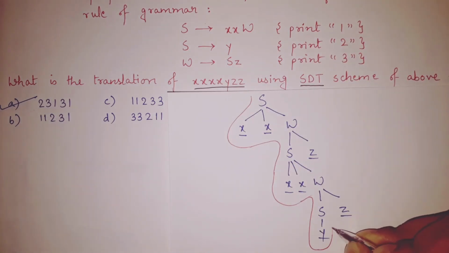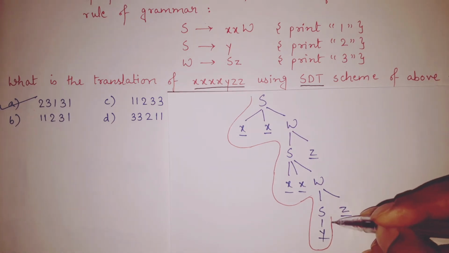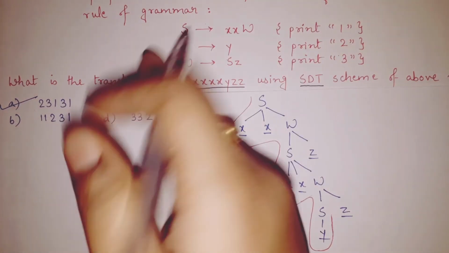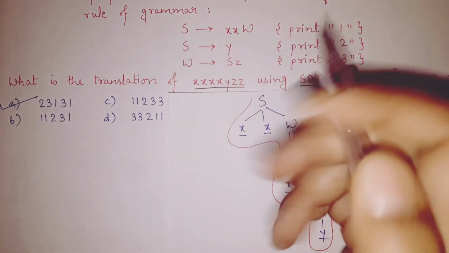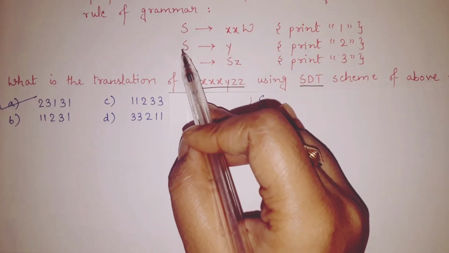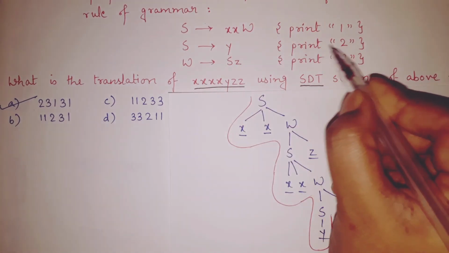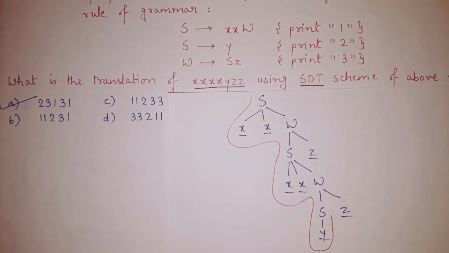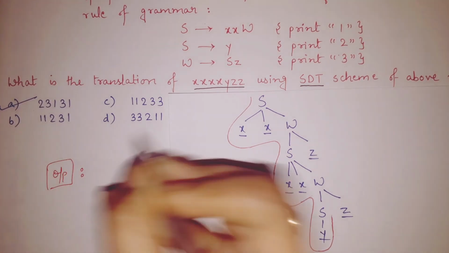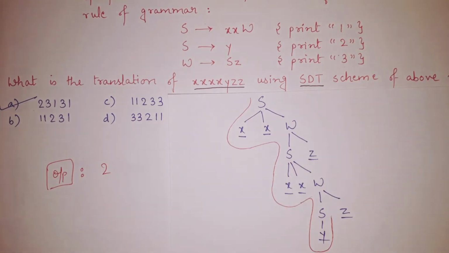Now we are going like this. After going like this, I got Y to S. That means right to left, that means it is a reduction move. Y is reduced to S. So I need to stop here and carry out the action. The action is print 2. Let's make an output buffer here. In the output buffer, the corresponding action is print 2, so I will print 2 here.